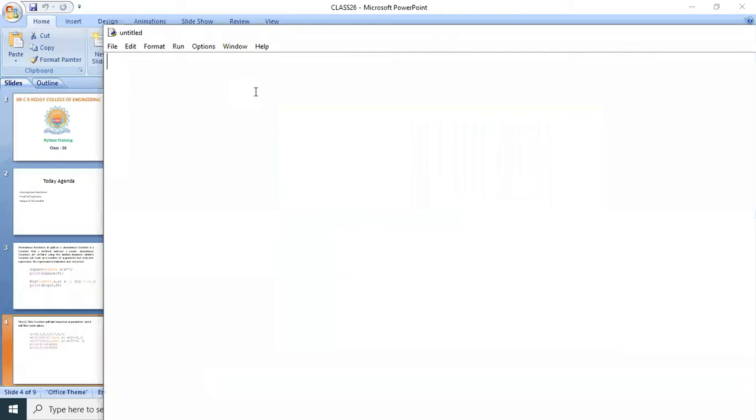Here I'm taking one list, L equals 2, 3, 4, 5, 6, 7, 8, 9. After that, I'm going to apply the filter function. I'm taking two variables, one is EL and another is OL. EL is the even list and OL is the odd list. For this, I apply filter on a list, a sequence, that is L here. And what is the function I'm going to apply?